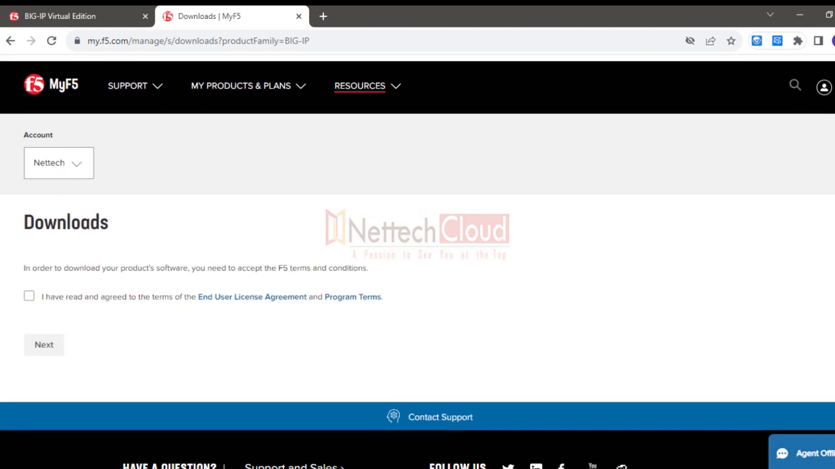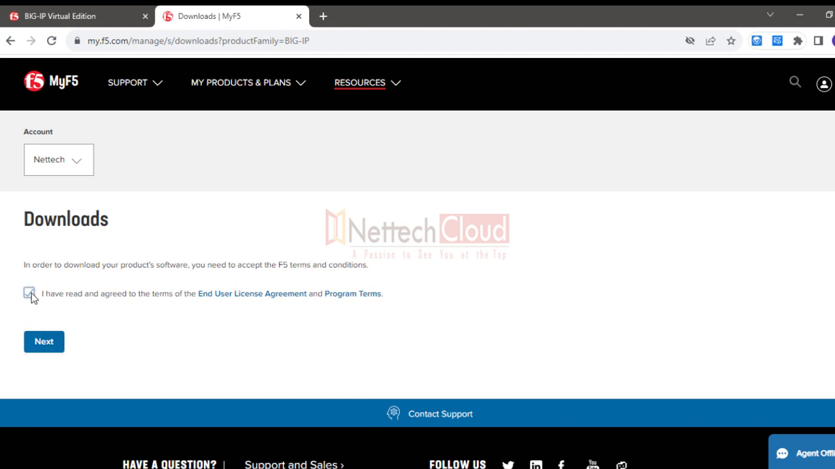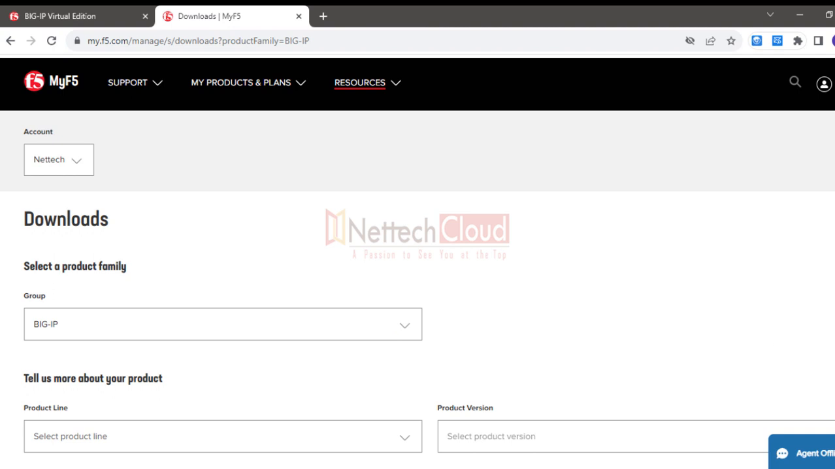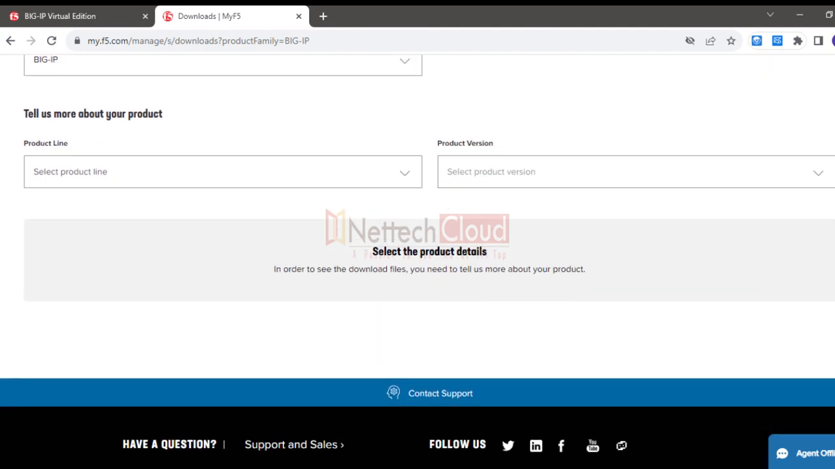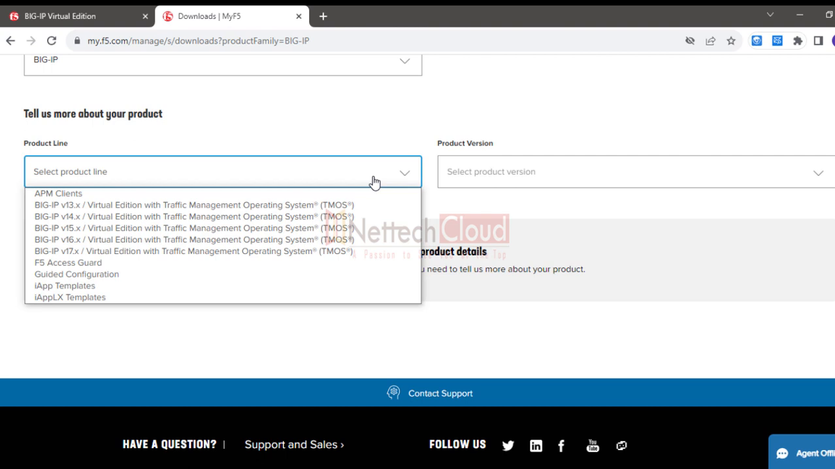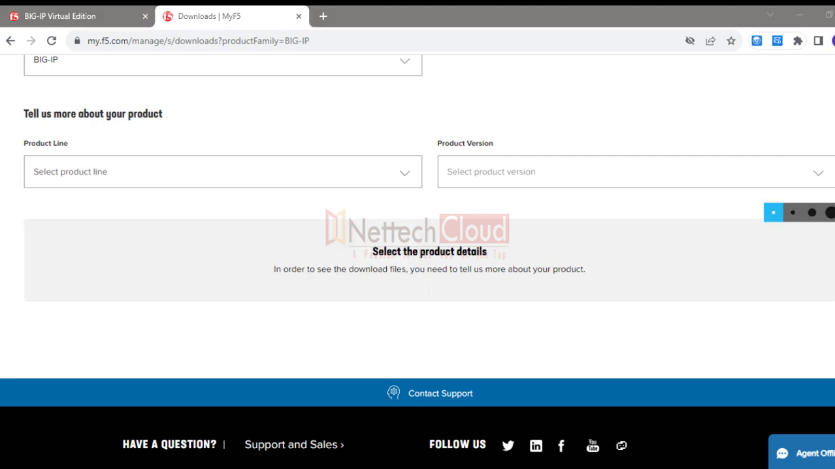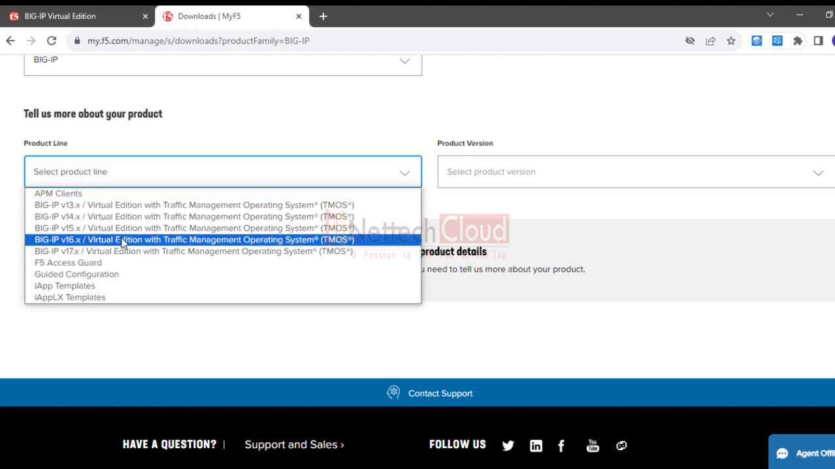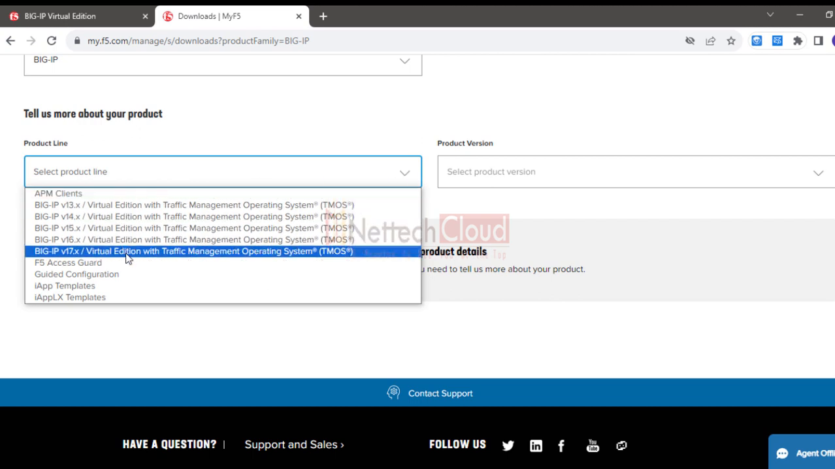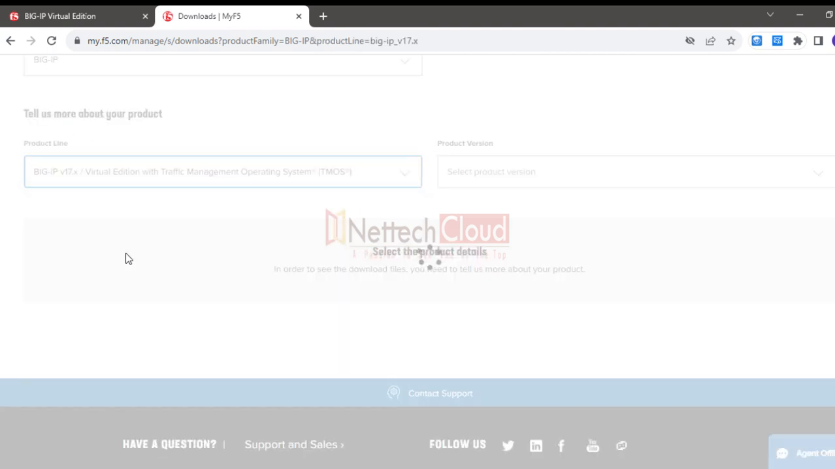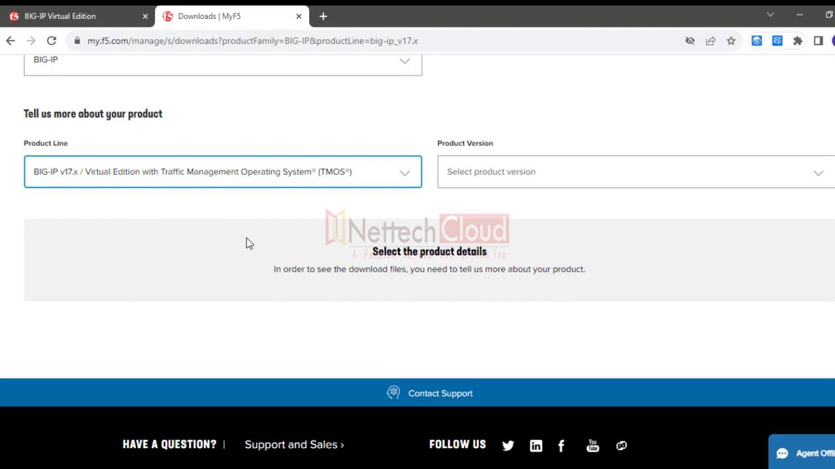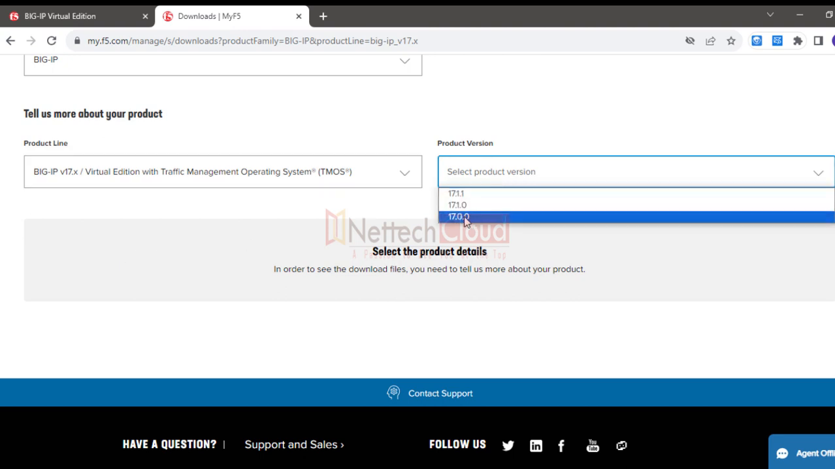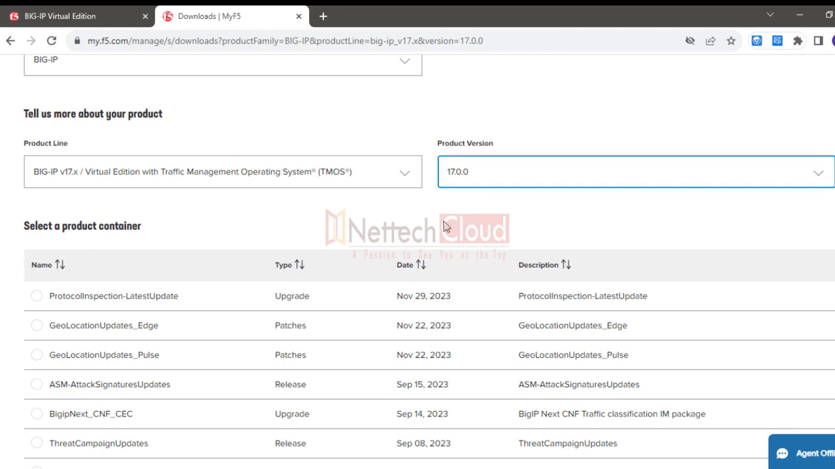All right, so select here, I have read and agree to the terms and conditions. If you want to read, then definitely you should read here. And then product line, so still you can download version 13, 14, 15, 16, 17, right? Whichever version you want to download, you can download from here. Select the version of F5 BIG-IP, and then maybe 17.0.0,